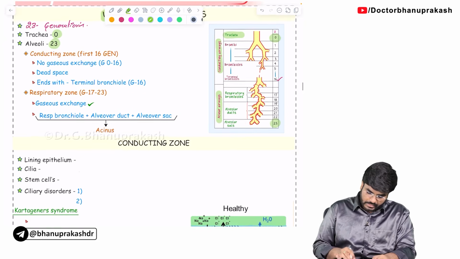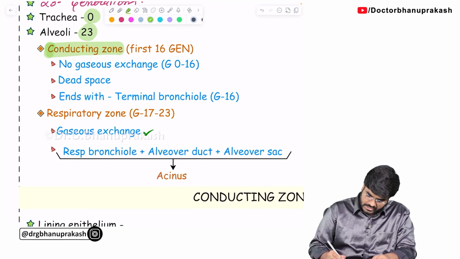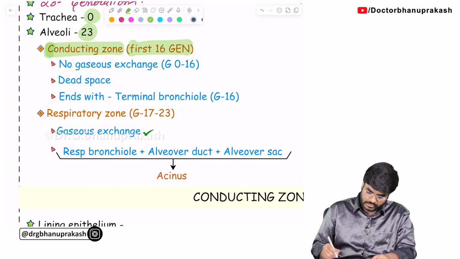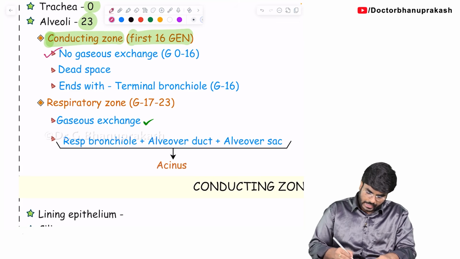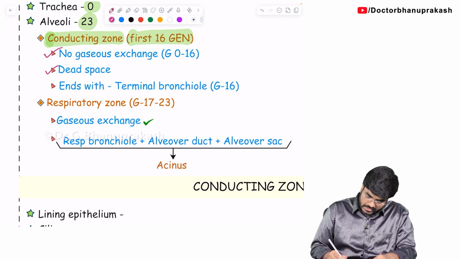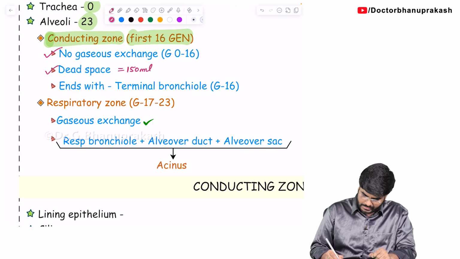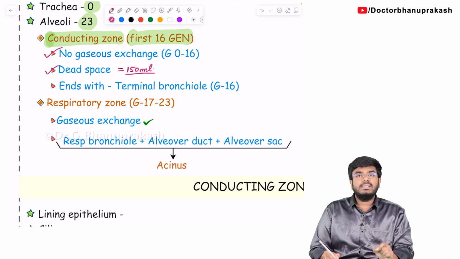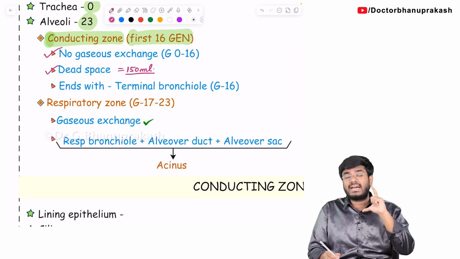Now, look, the first 16 generations are called the conducting zone. There is no exchange of gases. Just now I have taught you, there is no exchange, and this area is also called dead space because there is no exchange. How much is the dead space volume? They will ask you. It is 150 ml. This dead space is also called the anatomical dead space because anatomically in that area there is no exchange